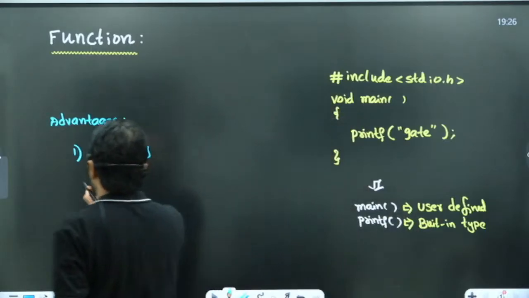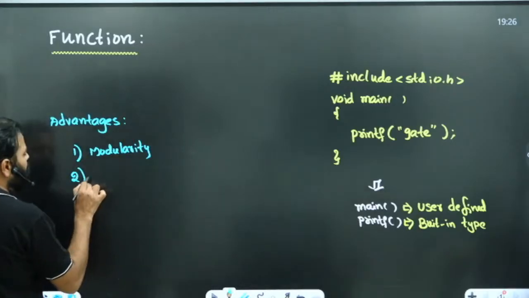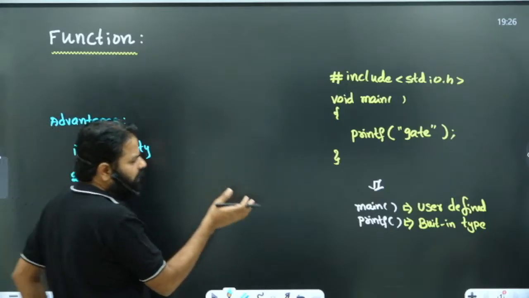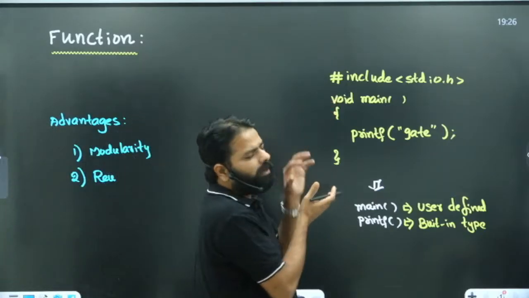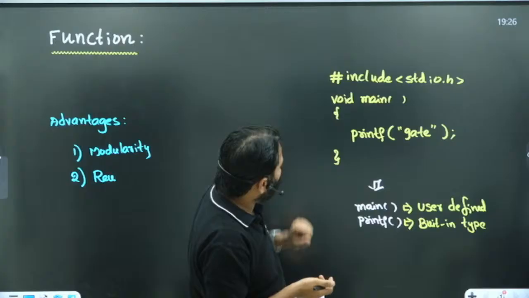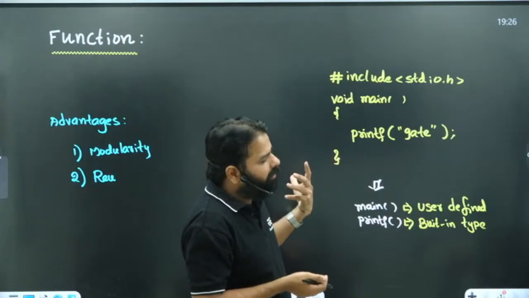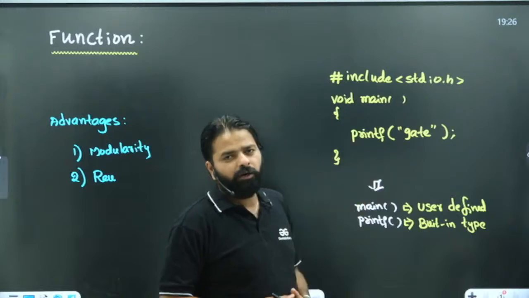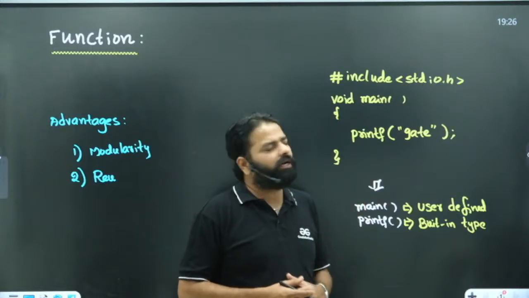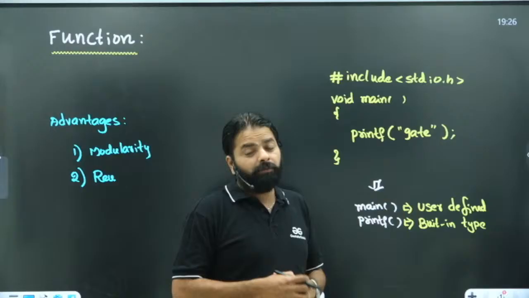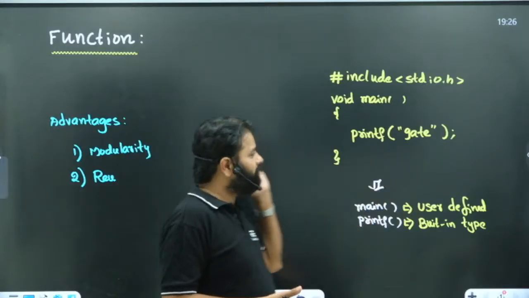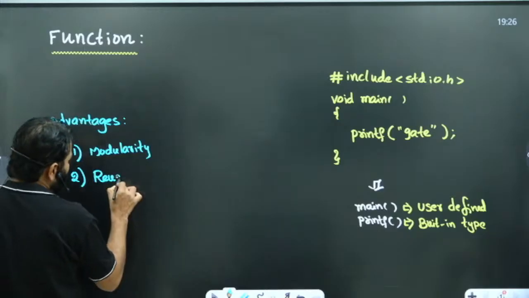दूसरा क्या है? What is the second? रीयूजेबिलिटी. मतलब एक छोटा ब्लॉक बनाया, कोड का छोटा ब्लॉक बनाया, और उसको कभी भी चाहिए, देखो ये मेन बनाया, इसको मुझे दोबारा चाहिए, किसी और फंक्शन में भी मेन को कॉल कर सकता हूं मैं. जैसे प्रिंटफ है, मुझे 100 बार प्रिंटफ कॉल करना है, तो डायरेक्टली कॉल कर सकते हैं. अगर प्रिंटफ बार बार डिफाइन करना पड़े, तो मुश्किल होता है. करेक्ट? तो रीयूजेबिलिटी.